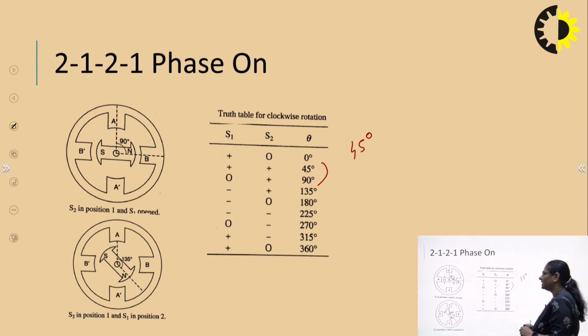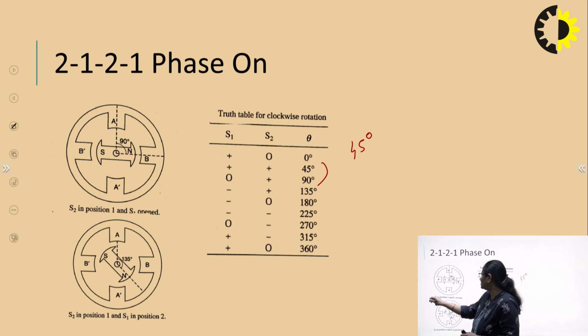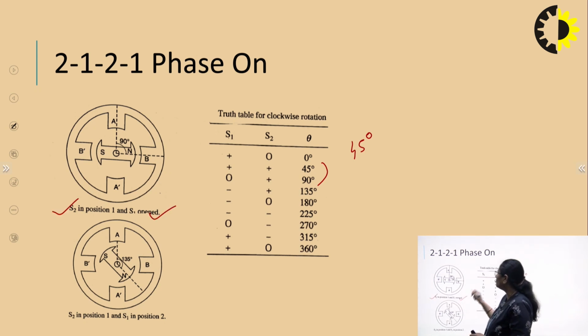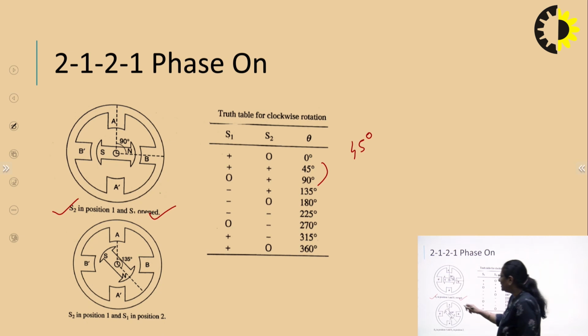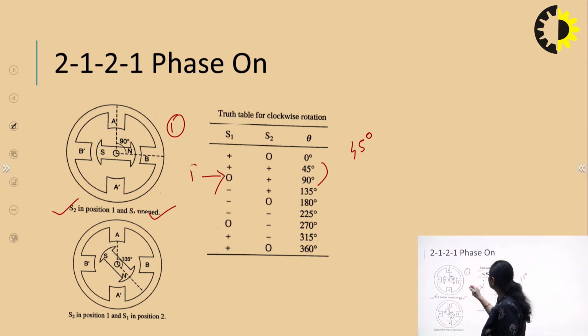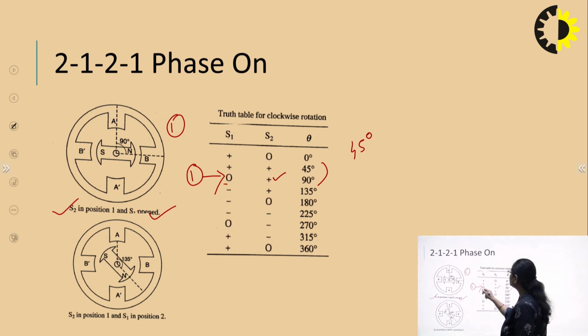So suppose the case when switch S2 is in position 1 and switch S1 is opened. What is the meaning? Switch S1 is open. This is with respect to this particular case which is depicted in this particular figure, in this particular schematic representation. Switch S2 is in position 1, positive current, and switch S1 is open, that is, S1 is not excited, right?